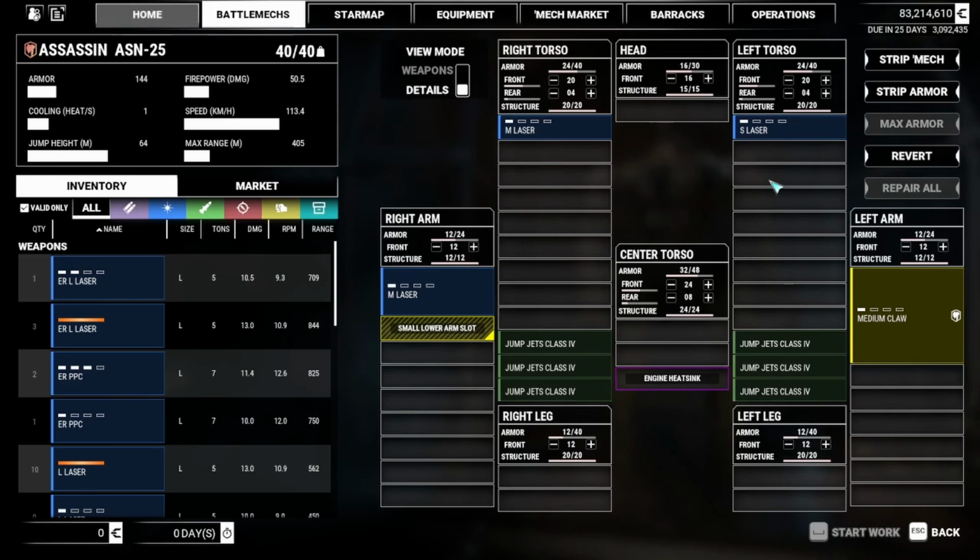And really, no, this will not do. That is not enough armor. I wasted my money. It's got good speed. It's got good jump jets. It's a 40-tonner, so it should sneak through. But I expect more armor, and I need more punch for